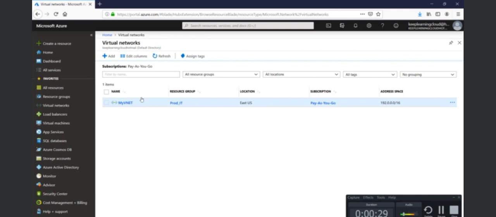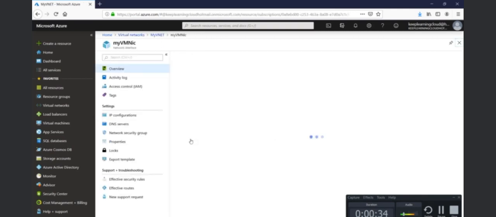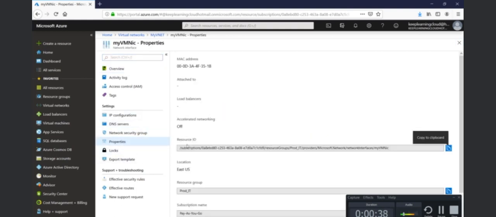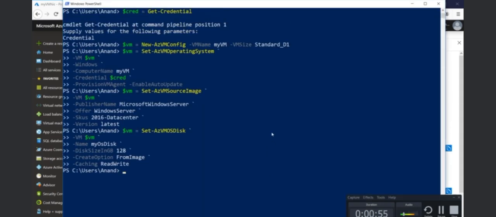So if I go here, my VNet, under that there is a virtual network. And this virtual network has certain properties. One of the properties is the resource ID. This network card is not attached to any device. I would like to attach this to the new virtual machine. I would need this resource ID, so I'll copy this attribute, go back to my PowerShell, and start using that